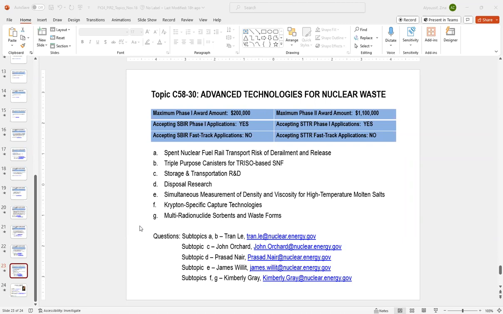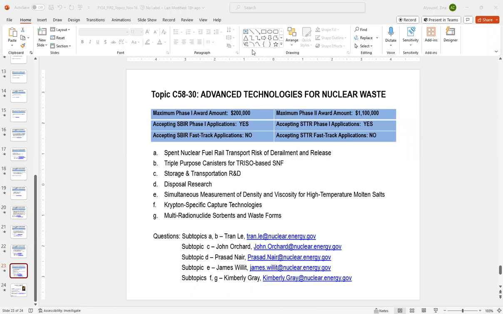In phase 1, we're expecting any awardee to conduct literature reviews and provide information that would identify any gaps. The final goal would be to come up with a notional concept for a triple purpose